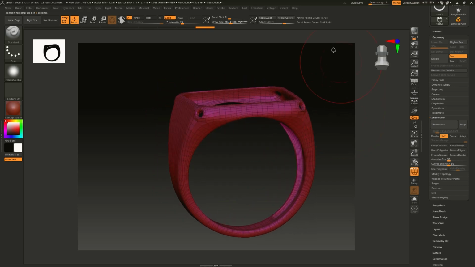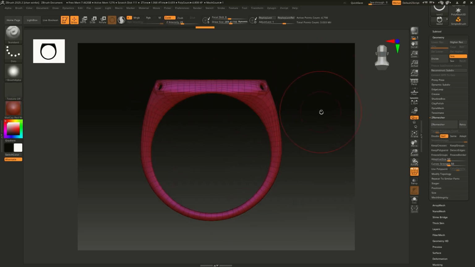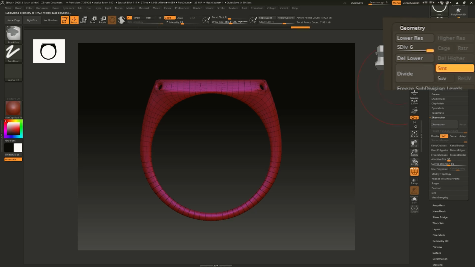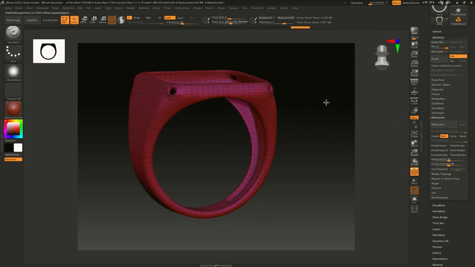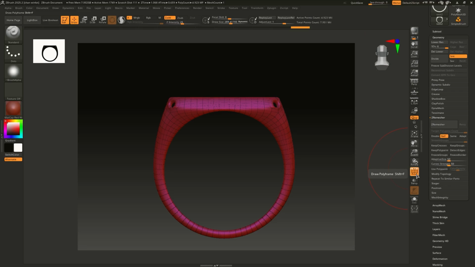Alright guys, so now you can see I'm actually at 4,798 polypoints, and now I can simply hit Ctrl D a few times, to a subdivision level of 6 or 7. As you can see guys, I'm currently at subdivision level 6 and I am at 4.9 million polypoints, which is a really perfect